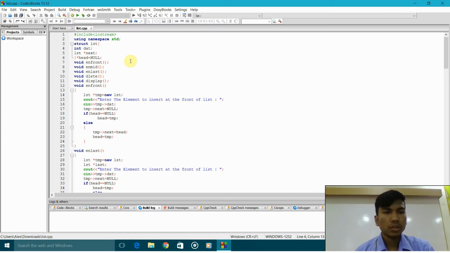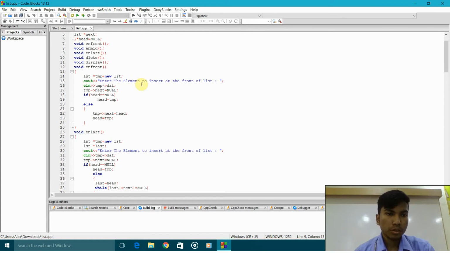Next we need the functions. I have made a few functions. First I will declare these functions: insert front, insert mid, insert last, and delete. These are the functions you require for inserting an element, deleting, and displaying the linked list, which we will define now. So starting with insert front, this function is required to insert an element at the front of